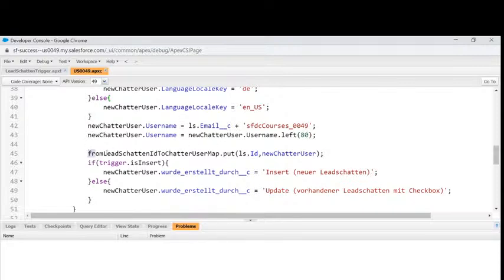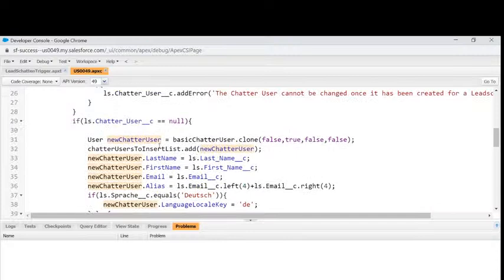And also we link the lead to the new user. Just later on, I want to be able to get the user, to put in the ID of the user, just because in this place the user is just created but has no ID yet, and we cannot